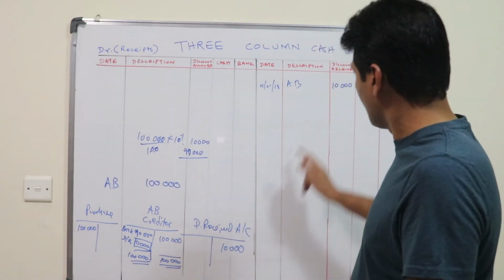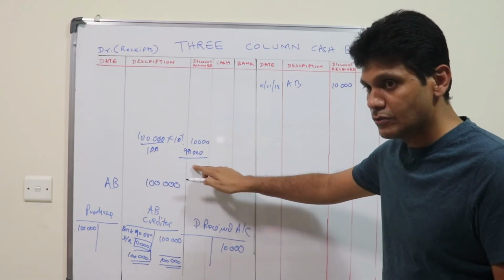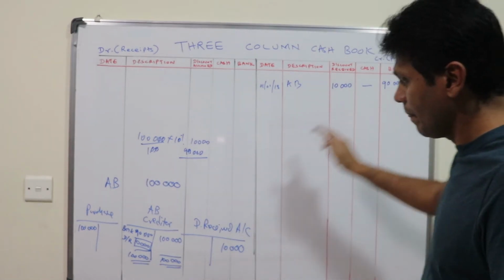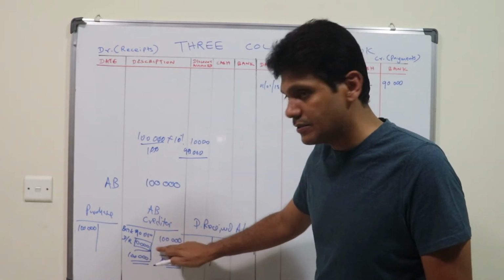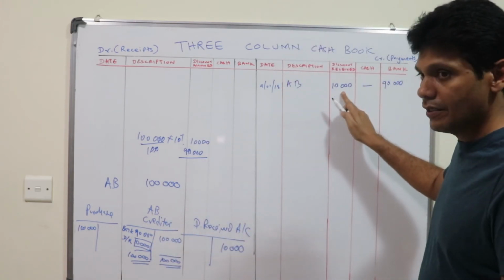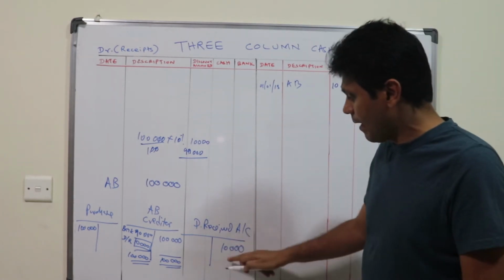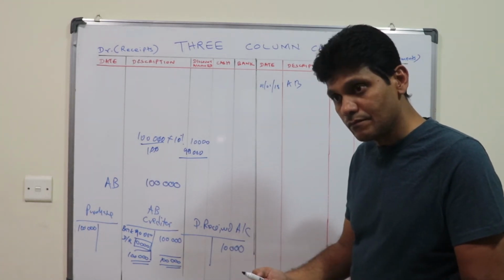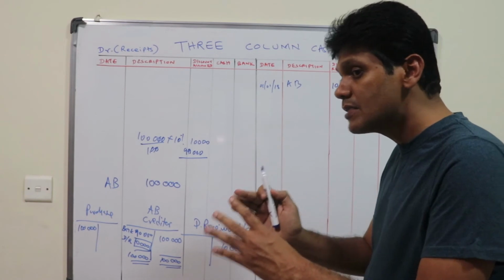So when you settle 100,000, they offered you 10% discount, which is 90,000 you have to pay. You credit the cash book, bank column, and you debit the creditor's account. Then there is a balance. What is that? Discount received. So in the discount received column, you just record 10,000. Finally, after recording all the transactions, that balance can be credited to the discount received account because it's an income to the company. This is what I am talking about at the time of making the payment to the supplier.